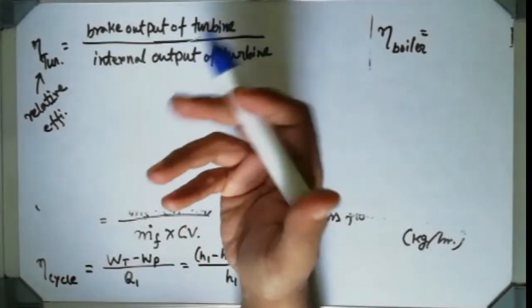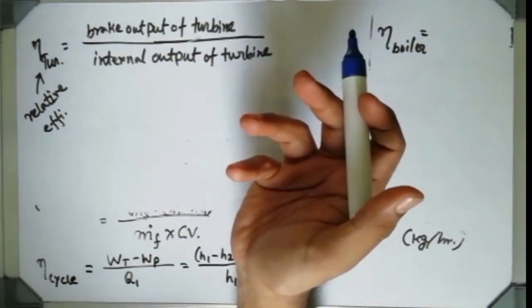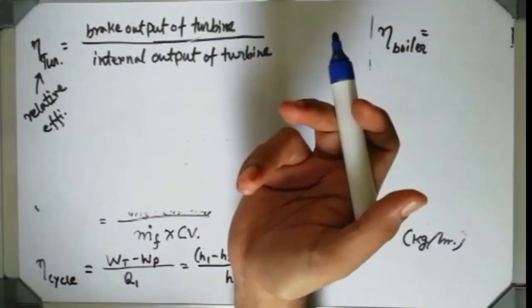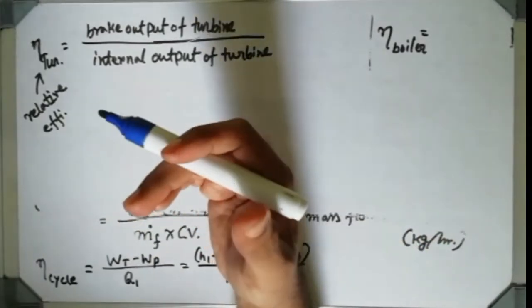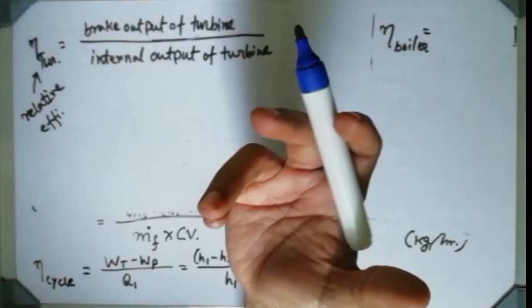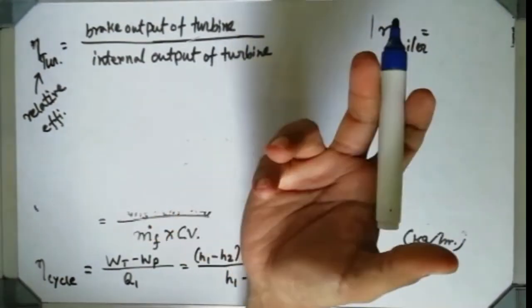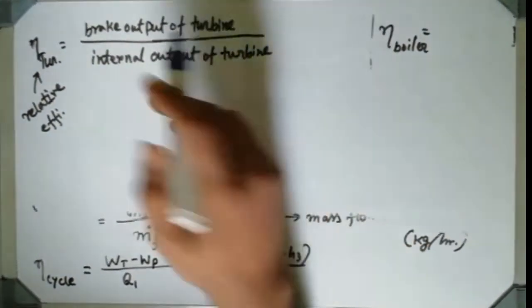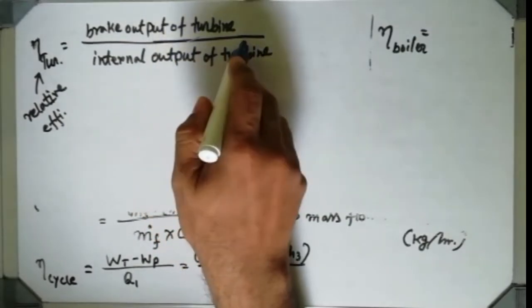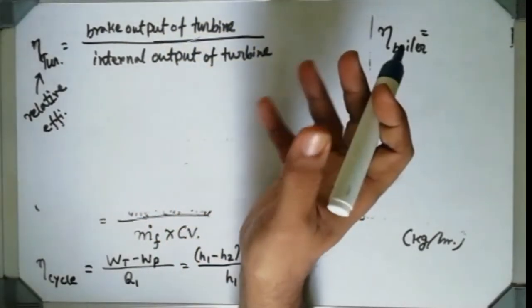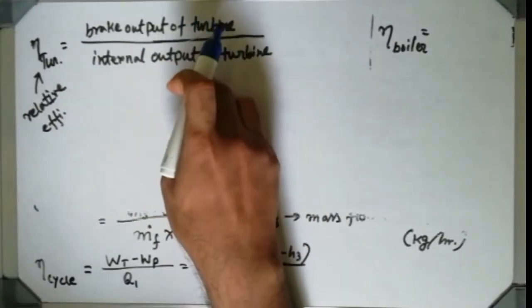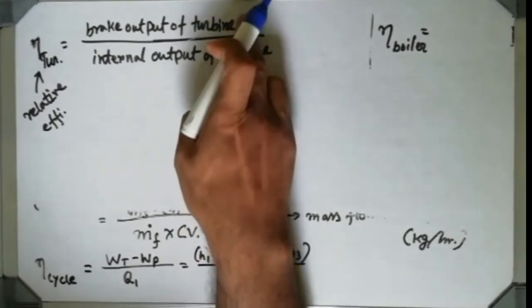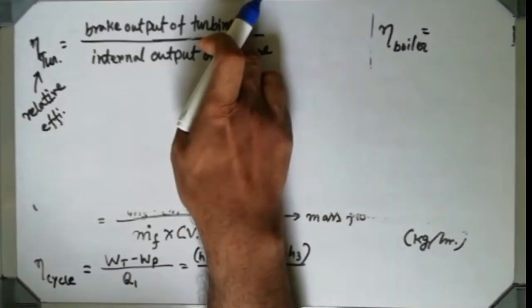Some work will be lost due to the transmission, that is known as transmission loss or frictional losses. There will be some bearings, there will be some air friction, so some losses must be there, it cannot be avoided. So the brake output, what is coming at the turbine end, which is actually at the generator end, that is the actual output, and that is the theoretical input. It is a theoretical input to the turbine, it is the actual output of the turbine.